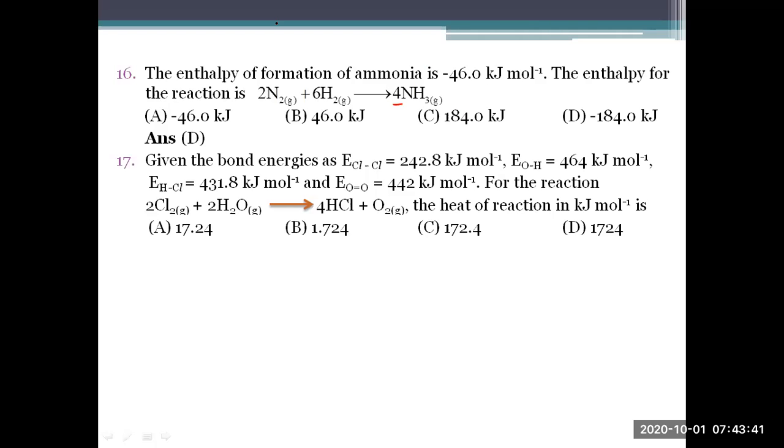Oh, come on, man. You people have P block elements for the test also, and Haber's process of manufacturing ammonia has been done. Heat is liberated. Come on, man. So this reaction is an exothermic process. It has to be negative, not positive. I thought 46 kilojoules was the enthalpy of products.